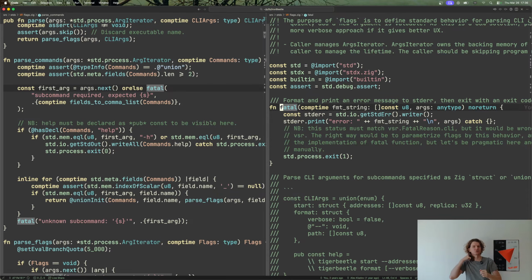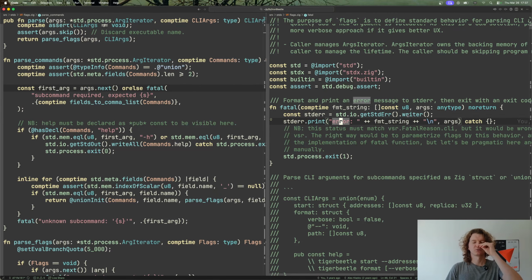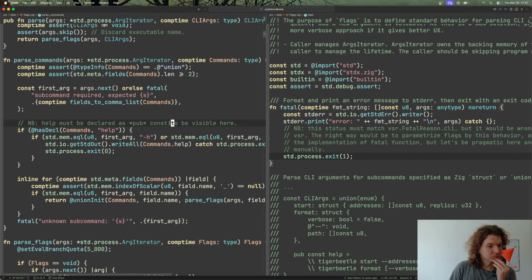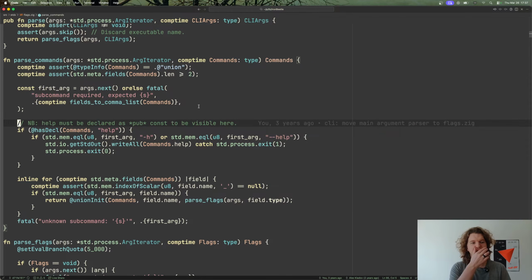So that's why a design decision here is that we don't actually bubble any kind of error. We immediately and safely crash, printing the error. So if we are parsing a subcommand and there isn't any argument, we fail with an error message, which means that we print to standard error and then exit with code 1. That's it. Okay, then